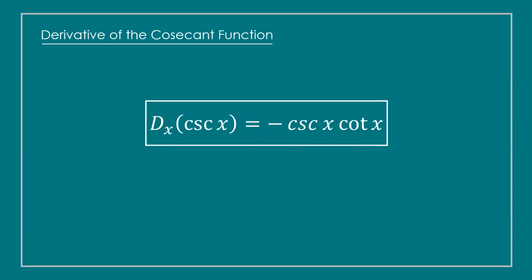Then the derivative of cosecant x equals negative cosecant x cotangent x. And then that would be it for the trigo functions. So I think ang inyong challenge ani is, let's say for example, you're going to get the derivative